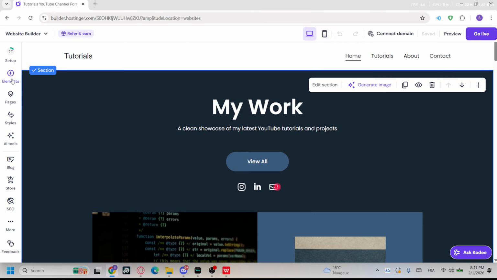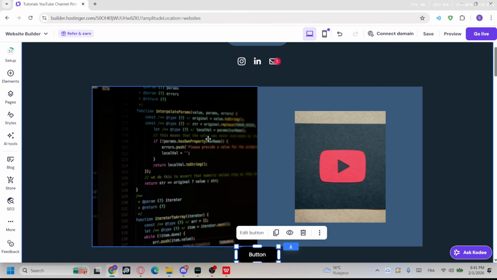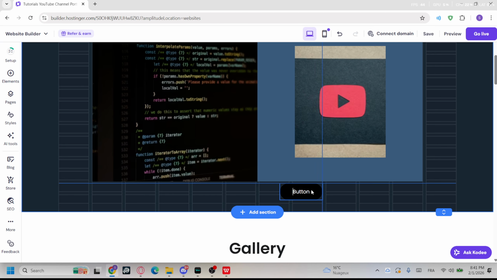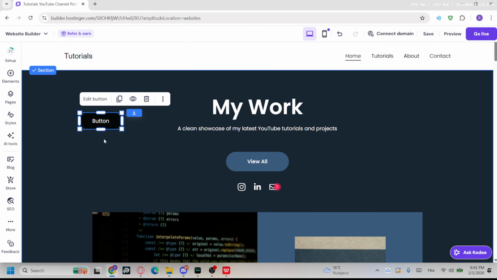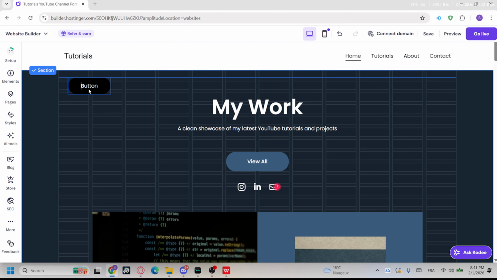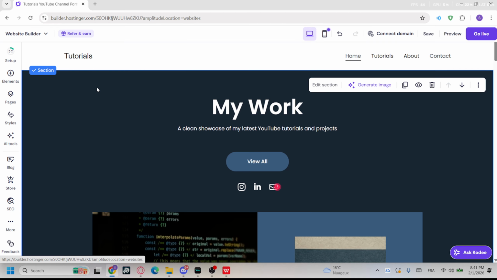And to add a button, you will just need to click on Elements right here and then click on Button, and there you go. So this button, you can place it wherever you want on the section, okay? So for example, we will go here, okay? And that button, we'll name it, for example,